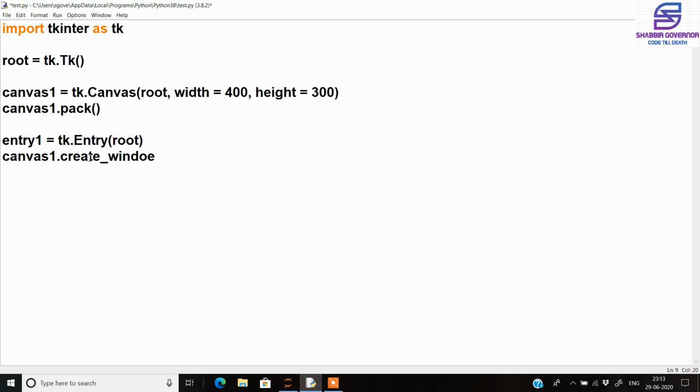So we write canvas1.create_window(200, 400). So this will be at this specific location on the 400 by 300 application. It will be located exactly at this point, that is 200 comma 400. Then in the window attribute we will give the name as entry1